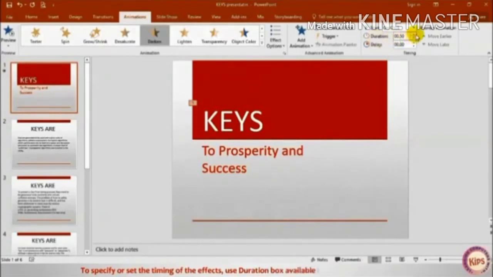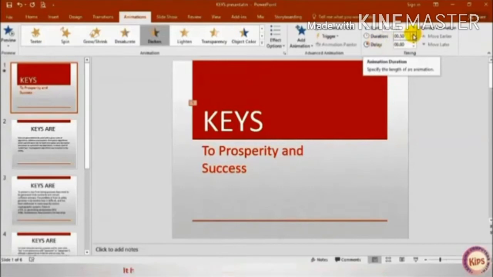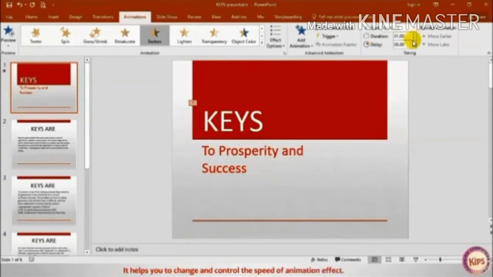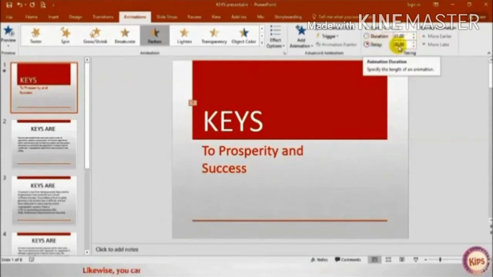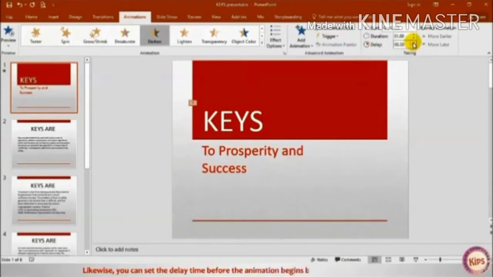To set the timing of the effect, use the duration box available in the timing group. From there, you can change and control the speed of the animation. You can observe on the screen, children, there is a duration box. Likewise, you can set the delay time before the animation begins by using the delay box.